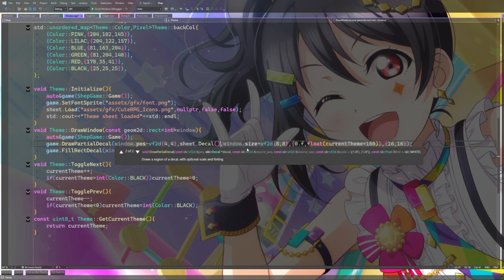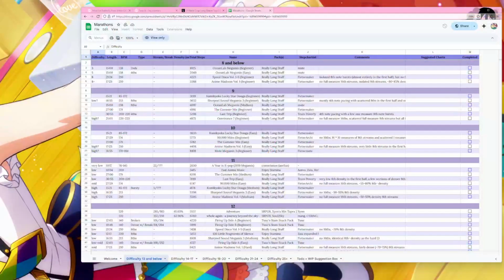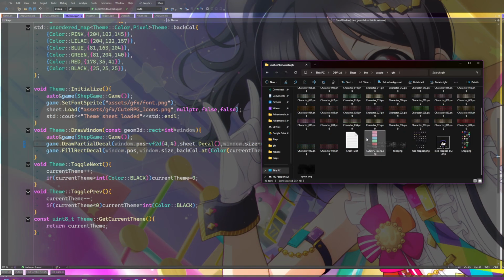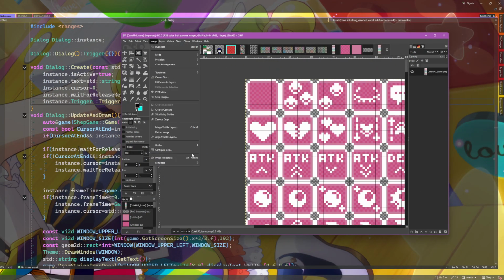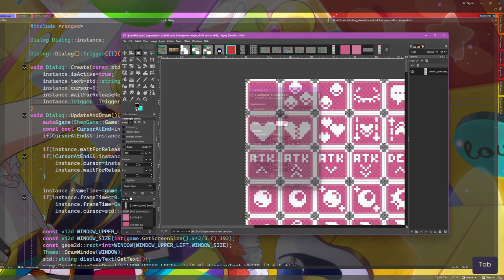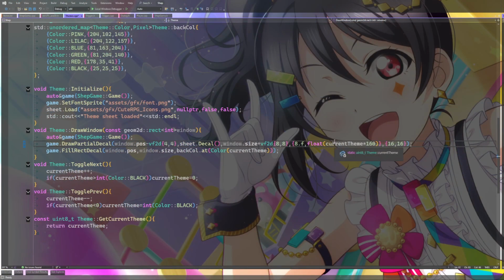No, I'm not, because this would be where the decal is, the source position and the source size. So the first one is the position, second one is the source position, and then the source size. The source size should be 8, I think, or 16. I think it's 8 by 8. Let me see. I'm gonna look at this in a second. Oh, I think they're 16 by 16. Yeah. So 16 by 16.